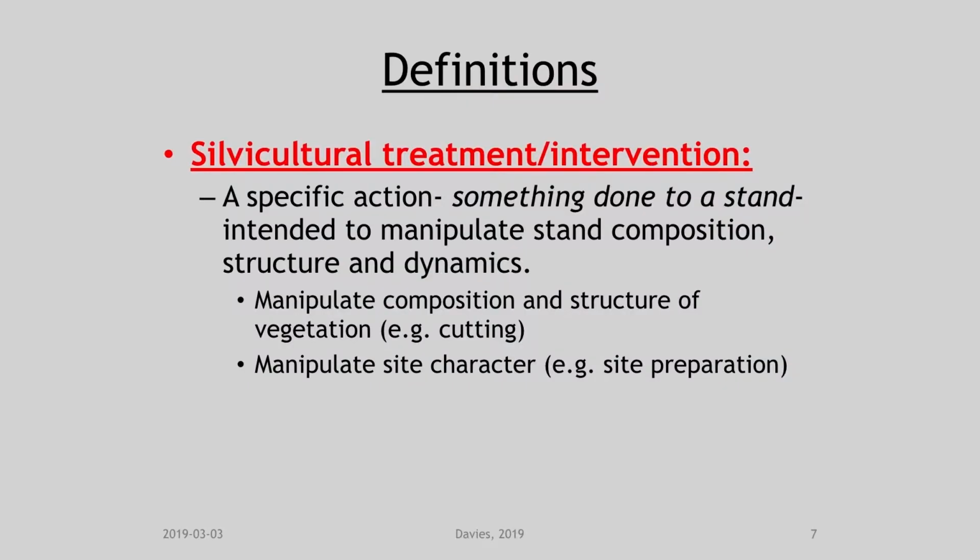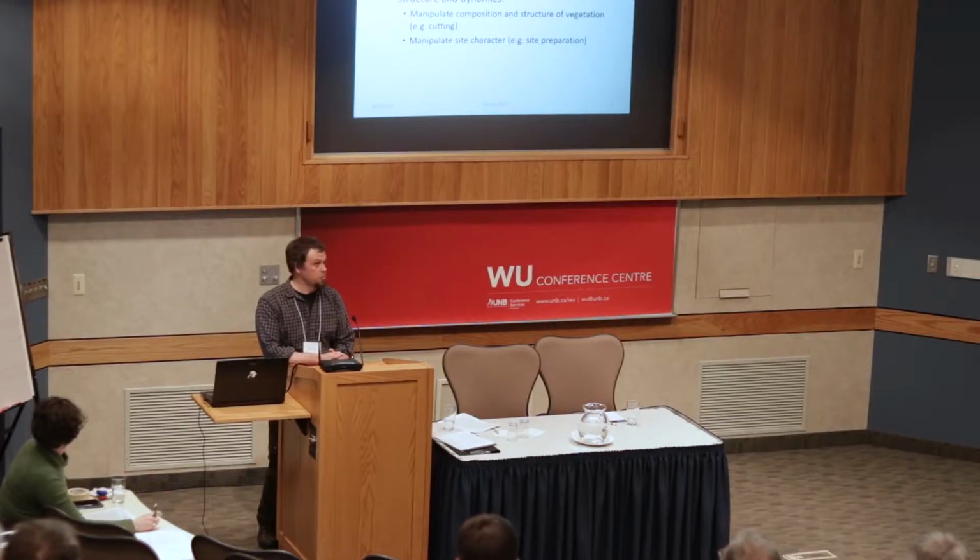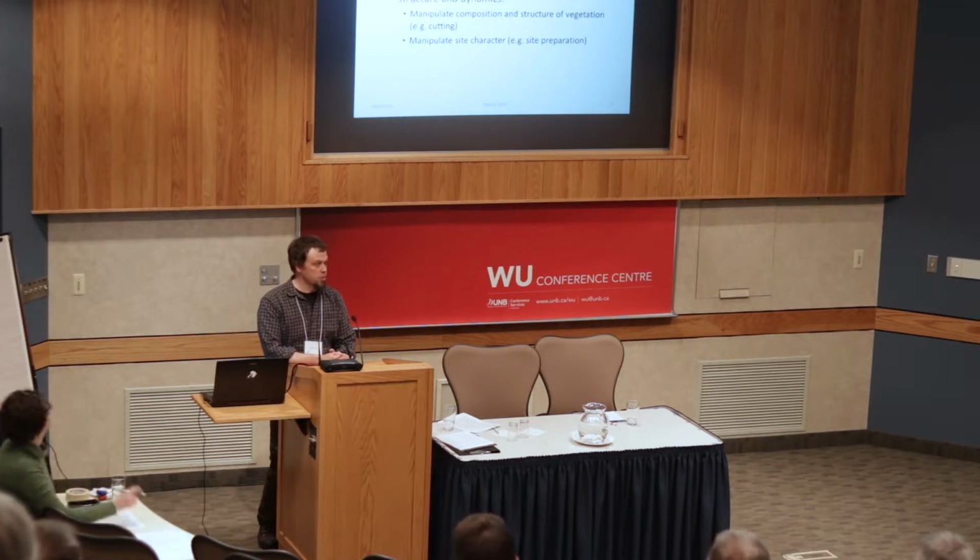Definition of silvicultural treatment or intervention is some of the other language that people use. A specific action, meaning something done to a stand intended to manipulate the stand composition, structure, and dynamics of the stand. Classically, this means one of two things: either to manipulate the composition and structure of the vegetation, for example, cutting things, killing trees, killing plants, or to manipulate the actual site characters through some form of mechanical site preparation, for example. That's just two examples of two groupings of treatments. So treatment is a specific action,